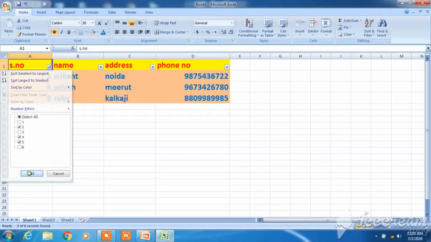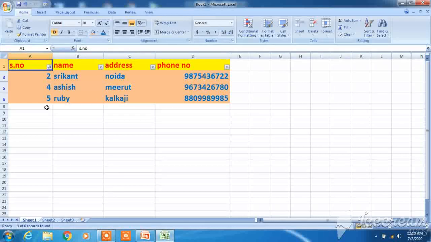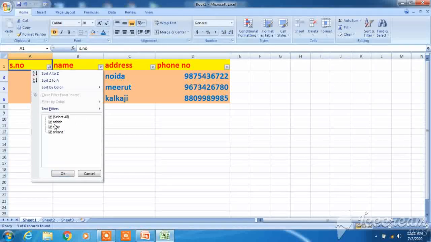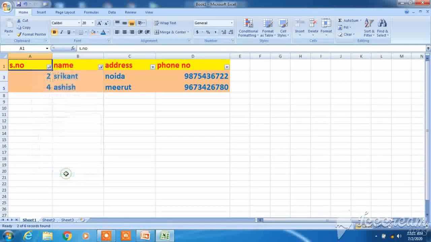Click on OK. So these will not show. Have you got this? This is how I have done filtering. Now see, here also we can add a filter. I don't want Ruby, so it will get hidden. Wherever we want, we can have the filter option.